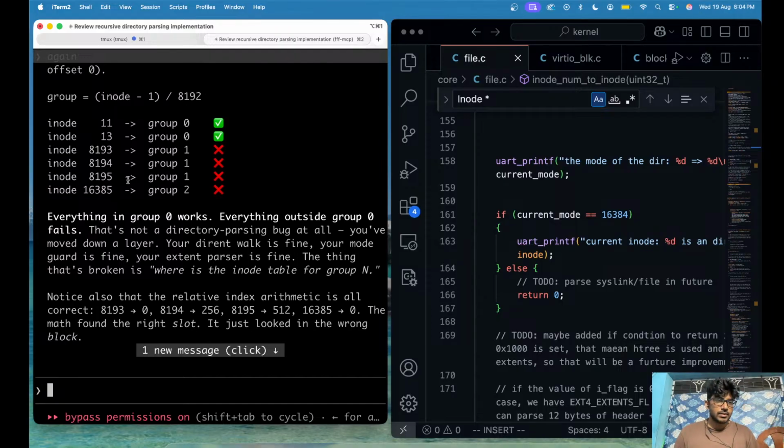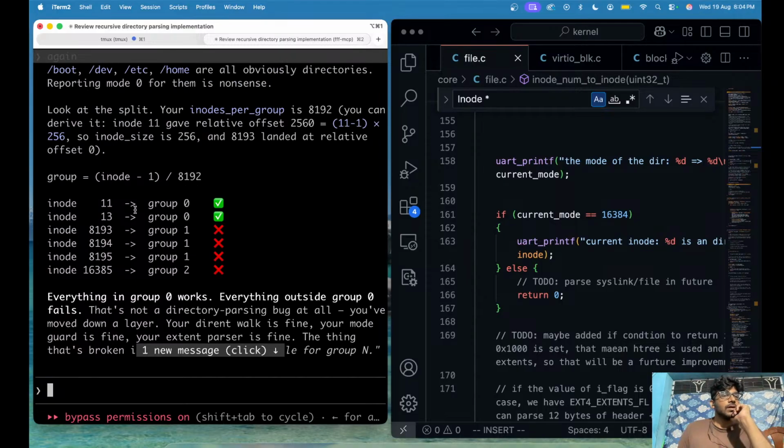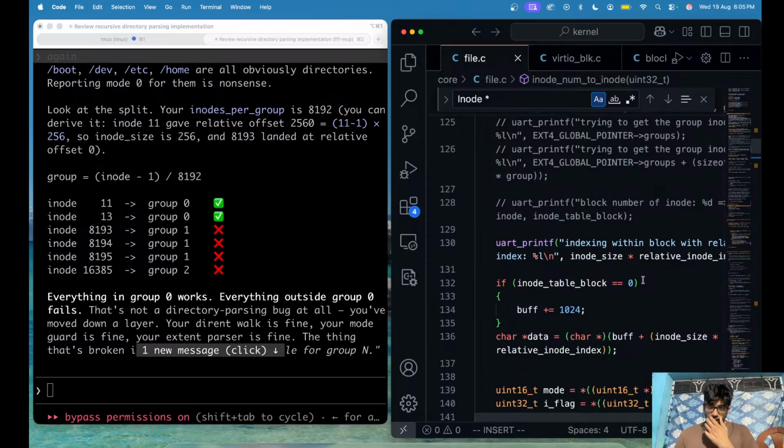Oh, what? Okay, so it looks like anything in group 0 seems to be working. The moment we move past the first group and go to the second group, it breaks, but that shouldn't matter because I notice a number. And yeah, we look up this address, this index within an inode table to actually get the physical block of this inode. Maybe that's the issue because I remember,